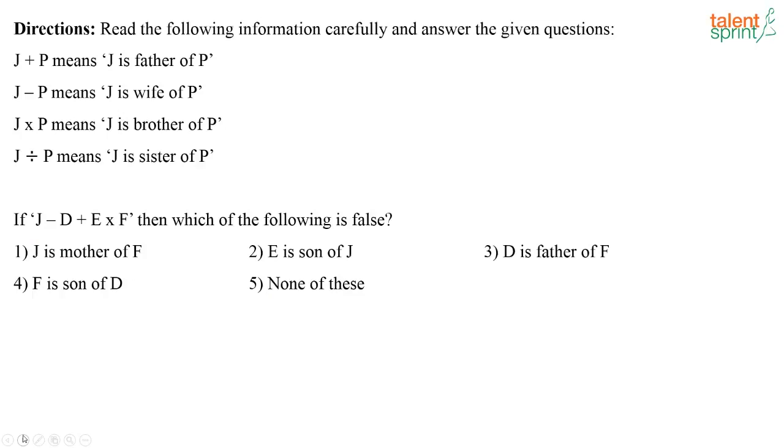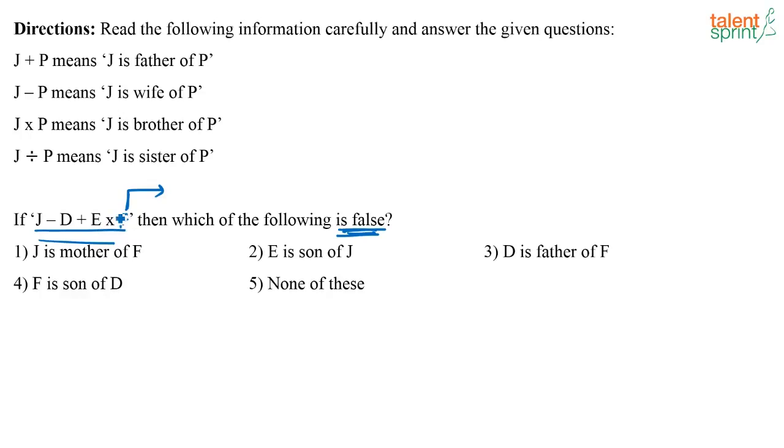Next. See here, this question, what is given here, which of the following is false? So everything else has to be true and there should only be one option which is false. Read the question clearly. Suddenly don't try to find out which is correct. Here they are asking which of the following is false. Now one thing when I look at the statement, what I will understand is that whenever you have such simple questions, whichever is the term that comes in the end, generally you will not be able to know the gender of this person. Right, F. Now F can be a male or a female.